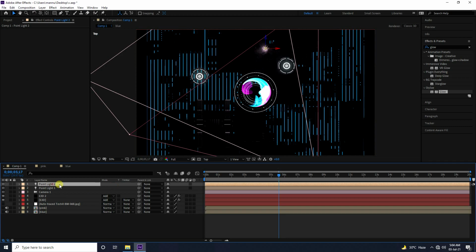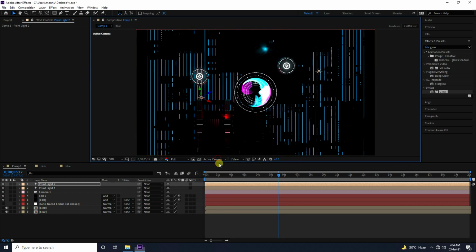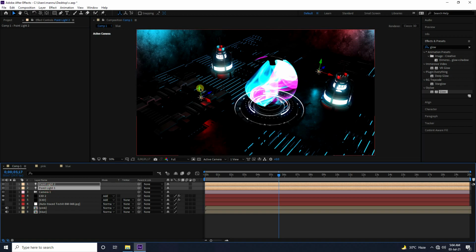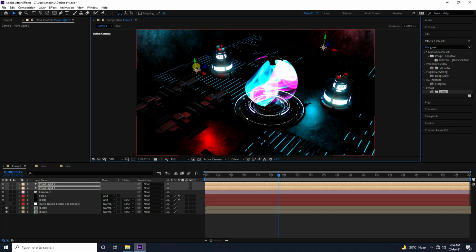So guys, select this light 2 and go on right side like this, yeah. So change view angle, perspective, select both lights and move a little bit up, yeah. See guys, that's my beautiful light effect, right?